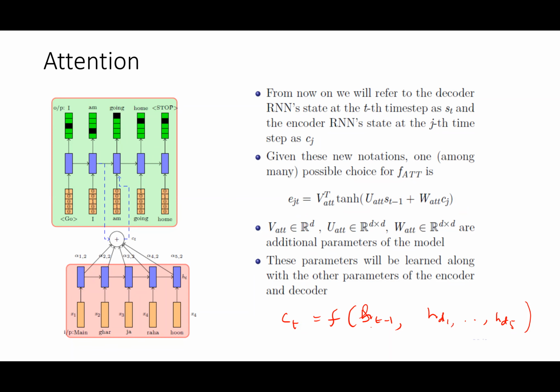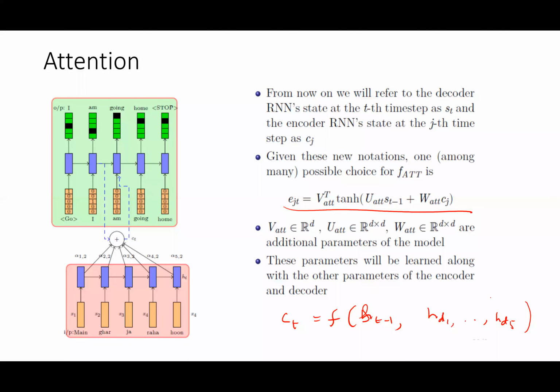Now the question is, how should I weigh them? Usually when there are different feature vectors, we give them different weights through neural network training. So one way of doing it is to say this function is the one which we need to learn. We can decide a priori that there is a network layer which has inputs st. All these are inputs now, and we want to give different weights for them.